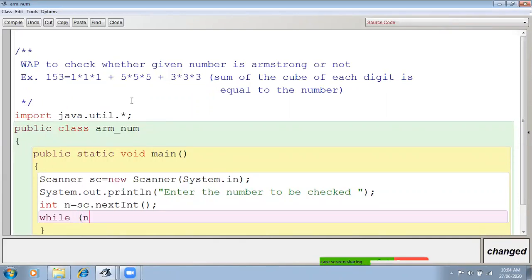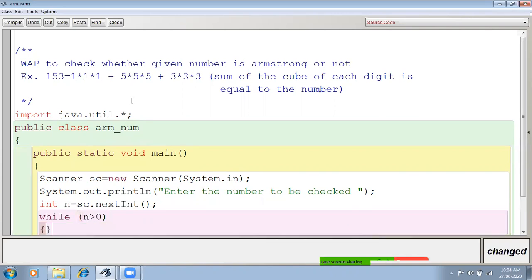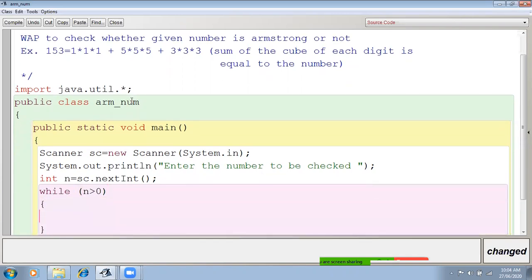While n greater than 0. This is the test condition. You can also write while n is not equal to 0; in some books you can find that statement. Now here we will separate the digits. What is the logic to separate the digits? You already know. See, 153.